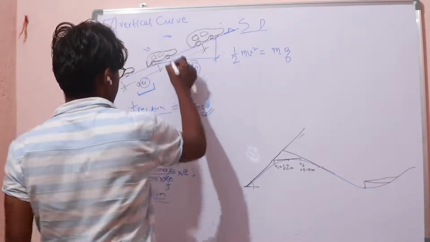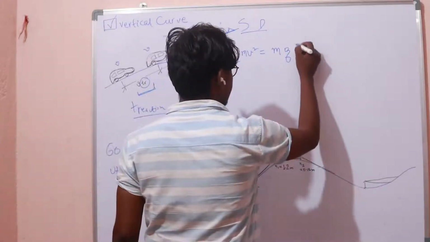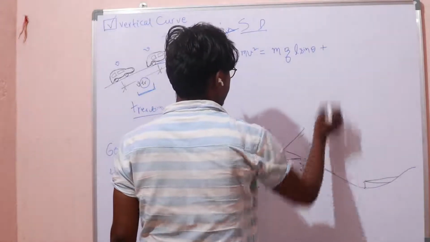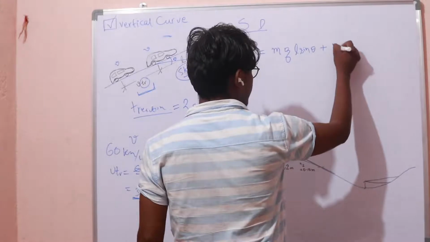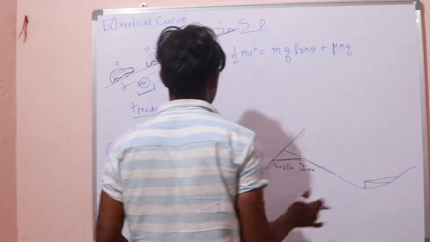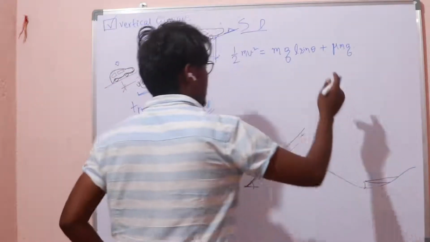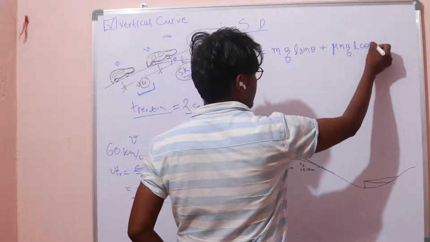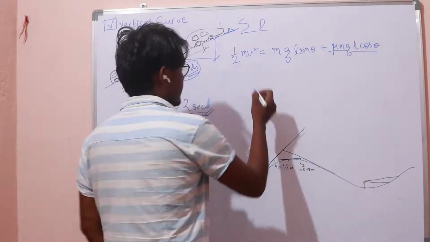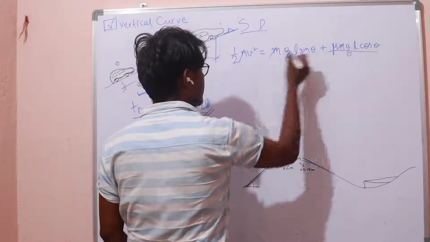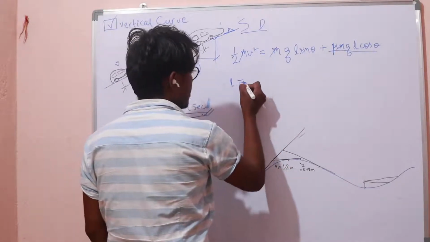If this is L and this is theta, that height will be L sin theta. So the potential energy is m g L sin theta, plus the friction force, which is mu m g. Friction force times distance will be the work done by the friction, and the distance will be L cos theta, so mu m g L cos theta. Then m will cancel out, and we have to find L, and L is equal to